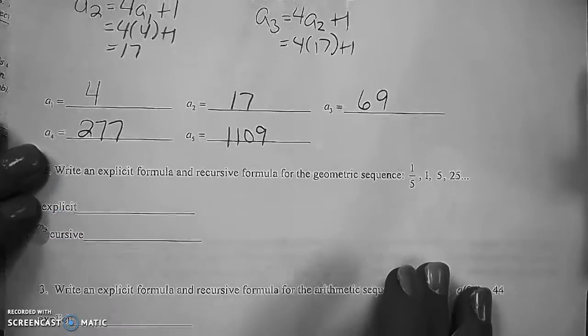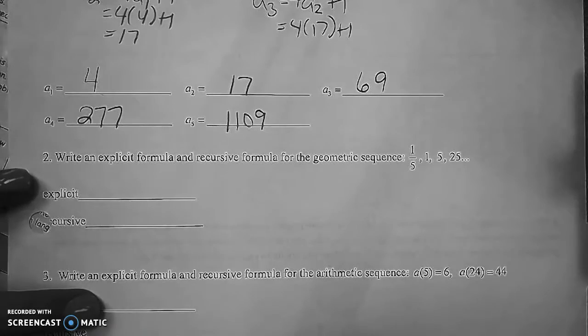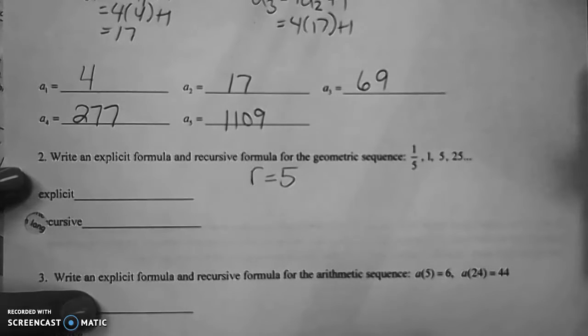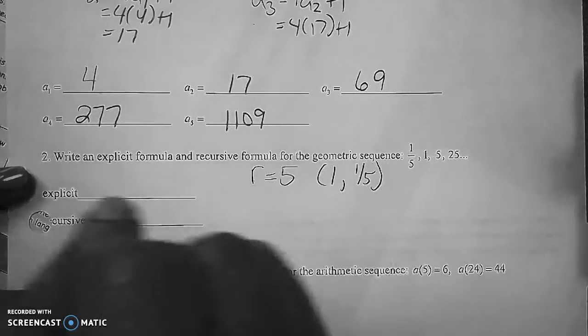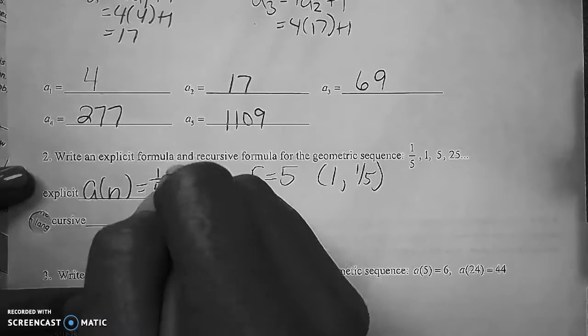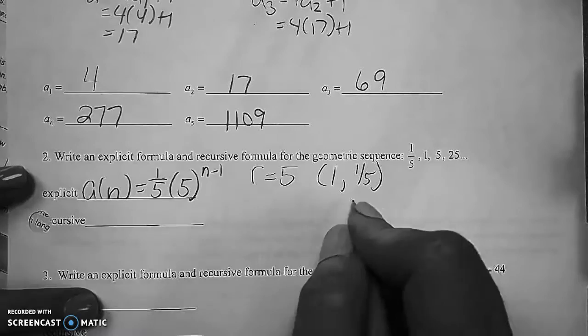All right, number 2. So first off, we need to decide, is this arithmetic or geometric? And we can see we're multiplying by 5 every time. And again, there's several ways that I can write the explicit formula. I'm going to use the fact the first term is 1/5. So A of n will equal 1/5 times r, and it'll be raised to the n minus 1